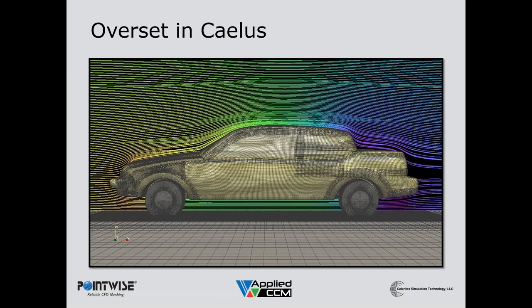volume meshes. I should point out you can see a little bit of a rendering artifact here around the boundary of the background grid around the car, and that's actually just in the coloring. It's an artifact of ParaView: when you color streamlines, you can only color by point-centered values. Now, OpenFOAM and Caelus being finite volume cell-centered codes, the solution actually resides at the cell center, not at the nodes. So ParaView is doing some sort of background averaging to the nodes, which is not technically correct, and you get a little bit of artifacting. This is purely a visualization thing, not anything you're going to actually see in the solution.